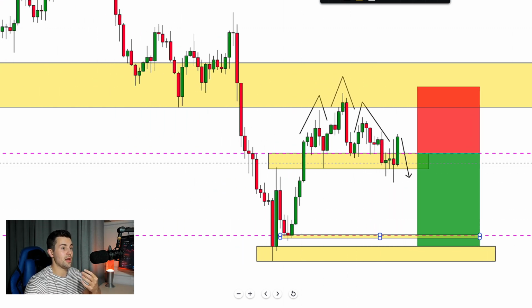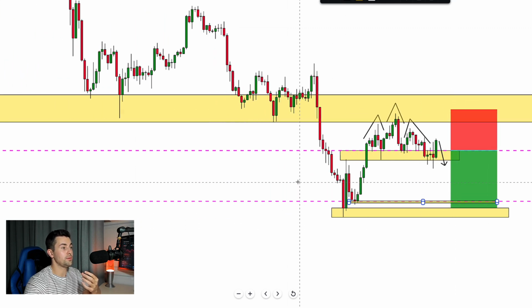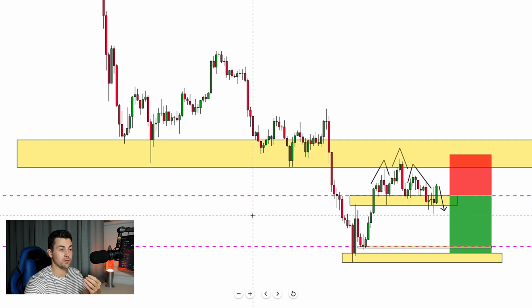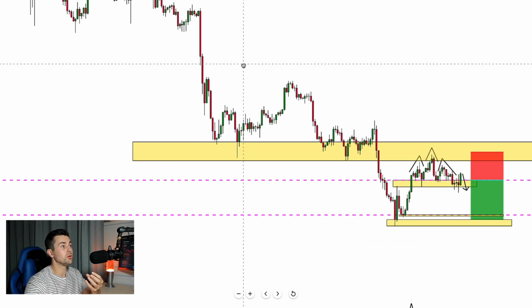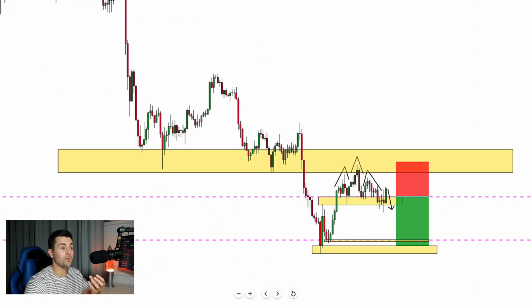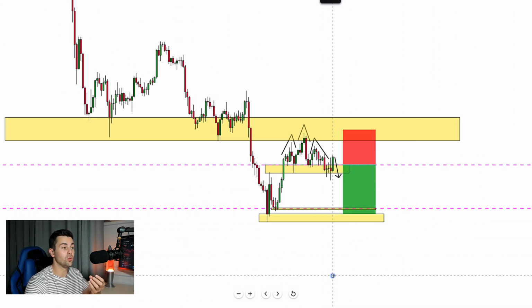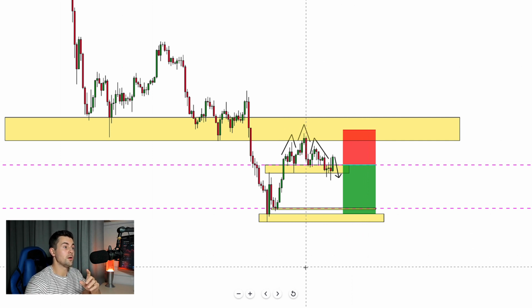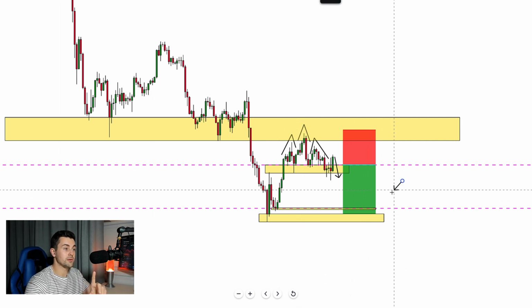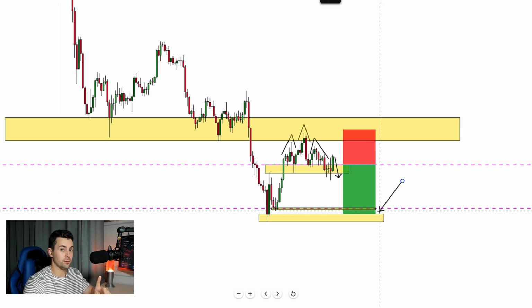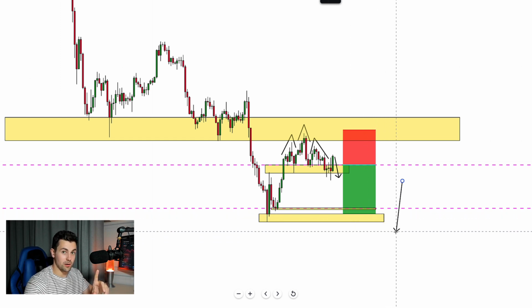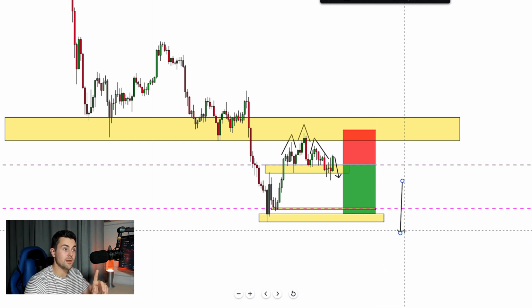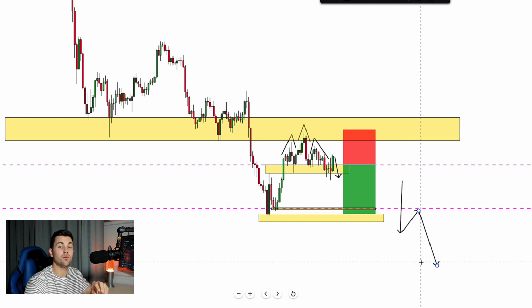Also, traders, remember that here trading dollar yen pair, we will trade with the trend. If the price breaks the neckline, if we open a short position on the retest, we will follow this bearish trend. And of course, the market may drop much lower if it violates that support. Remember that you can always take partial profit once the market reaches your target and then wait for a breakout. Yes, if the price breaks that support, the market may go much lower, and then you can apply a trailing